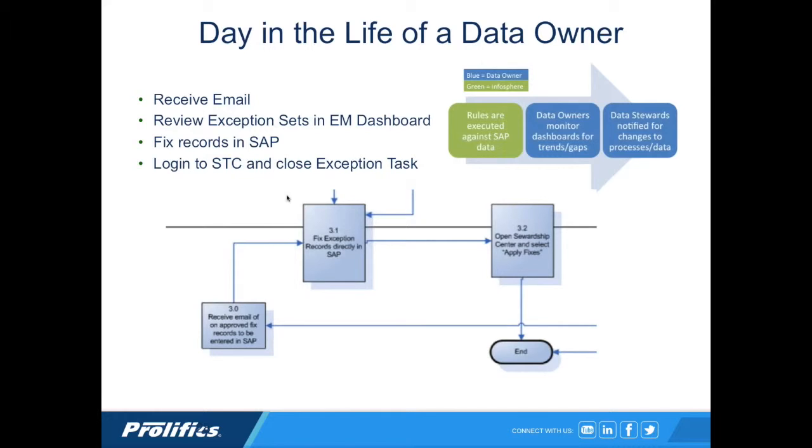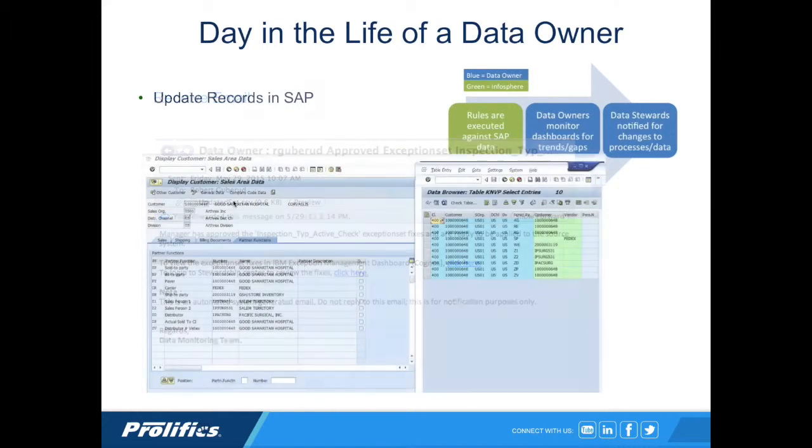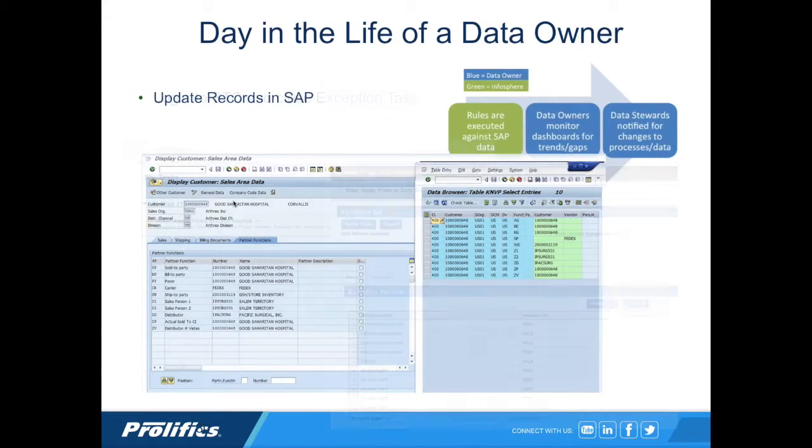At that point, they'll log into the Stewardship Center to close the exception test. I should say, once they've fixed it in SAP, they then log in and close the task. So they too receive email when there is an approved exception set. They'll receive the email and they'll receive the exception set itself. So with that email, they can then take the exception set, see what has to happen, update it in SAP, and then come back into the